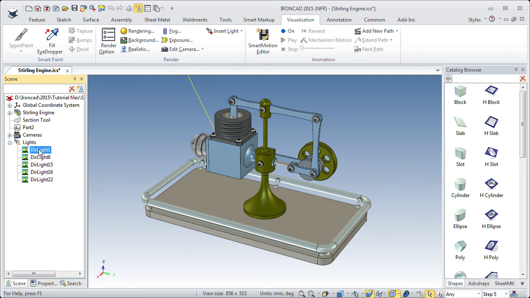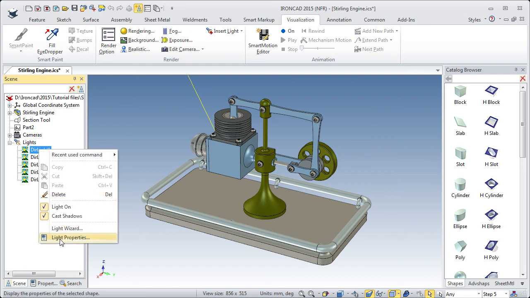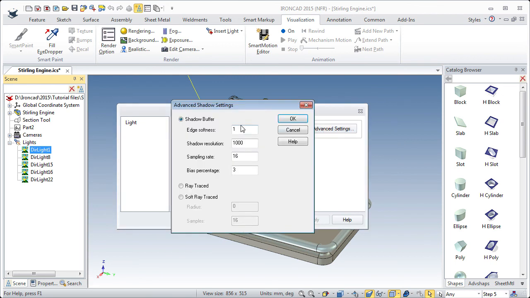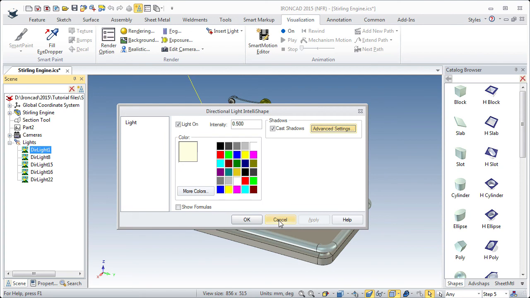If you right click a light, you have light on. You can turn off the shadows and turn off the light. You also have light properties, and here we see the intensity of the light, and now it's 0.5. It also casts shadows, and we can also choose the color of the light, and we can also use advanced settings. Here we can change the settings for the shadows for that light. So I click cancel,